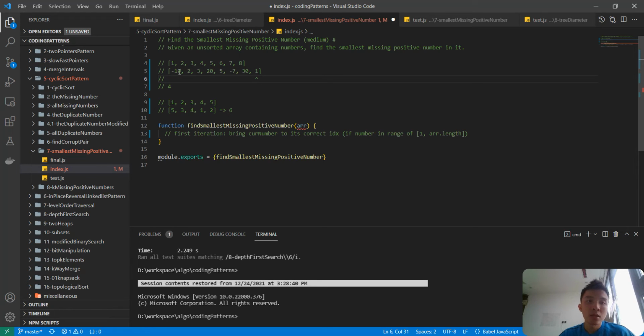1 should be the first number. Okay, 1 here, so -10 comes here. -10 is out of range, so move to the next one. So now we finished checking all numbers. As you can see, we've tried to bring the numbers in this range to their correct positions. We don't care about the numbers that are outside the range. So after this loop,